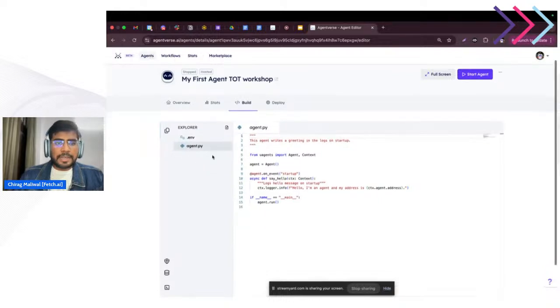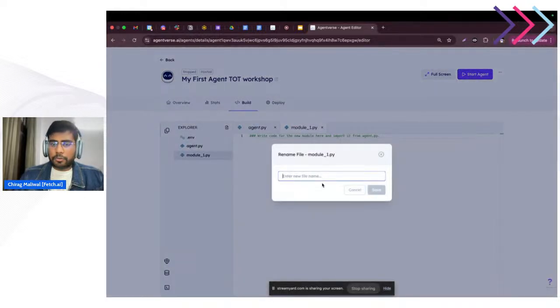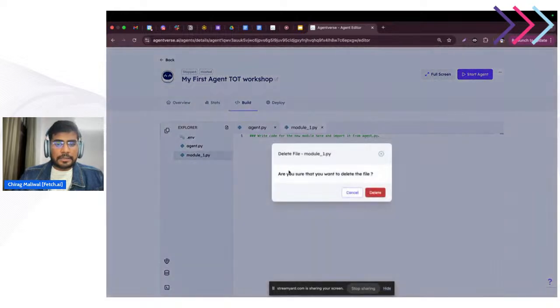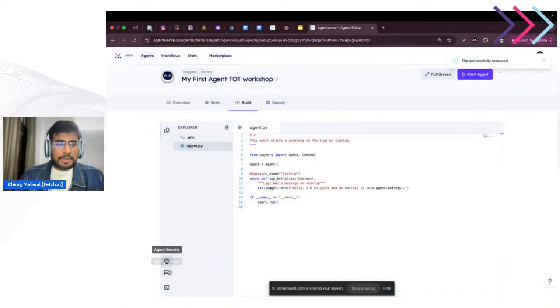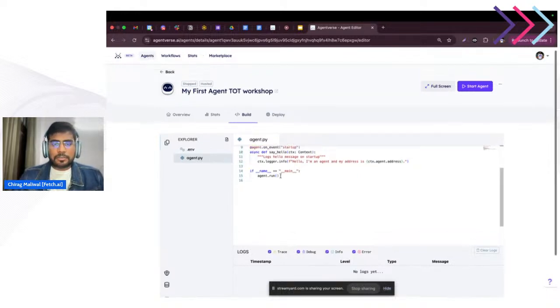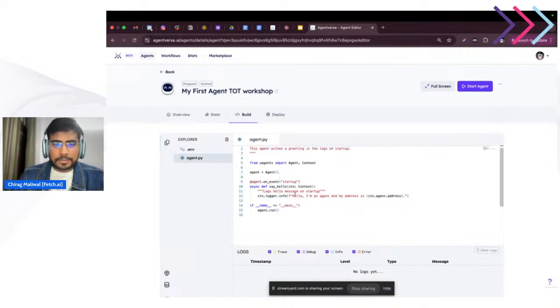So this is the IDE. If you want, you can create a new file as well, and we have storage as well. We have toggle logs. So if you want to see any kind of info and logs about your agent, you can see that. So let's suppose on startup, you can see.